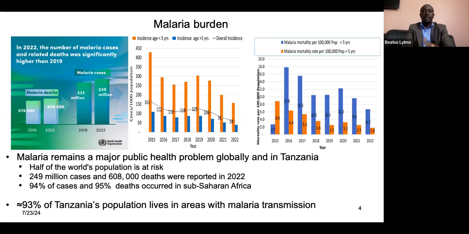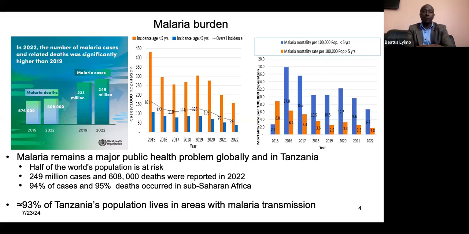In an introduction, as most of you are coming from the malaria field, you may be aware of some of the pictures and figures which I'm presenting here. But it's important for us to keep reminding ourselves what is going on with the malaria burden, as it's all our aim and focus toward the elimination of malaria. So whenever we get time to discuss malaria, it's very important to remind ourselves how far our fight against malaria has reached so far.